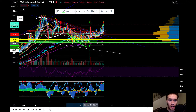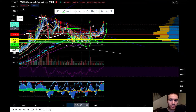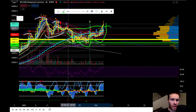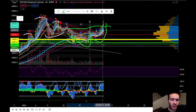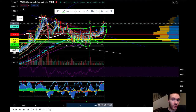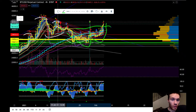Okay, so essentially this is a bottom. Come up here, and then this is a bottom, and this is the neckline. It's sloppy, but you guys get the point. Bottom, bottom, neckline right there. We broke that neckline, so get ready for some price action is what I'm saying. The next potential